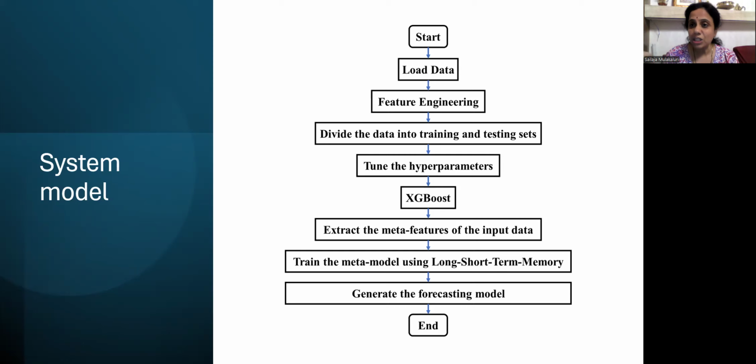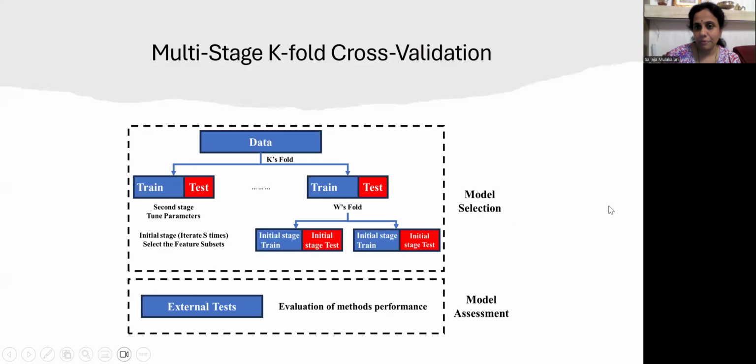The features which actually determine and increase the accuracy. So the XGBoost algorithm is applied so that we have better input or meta features. Then we train the meta model, again using the long short-term memory, and generate the forecasting model, which has given better results. So this is the multi-stage